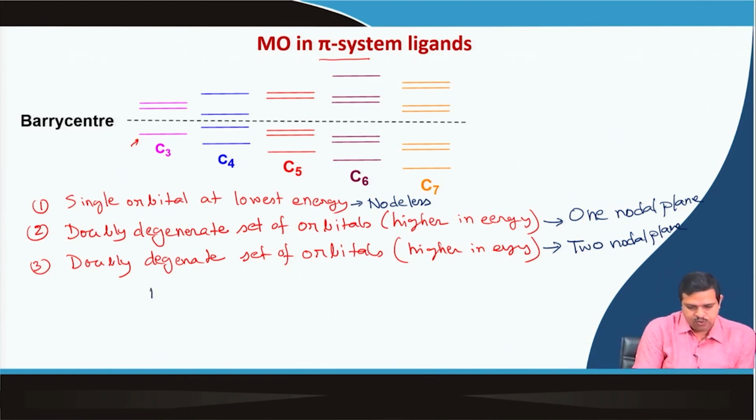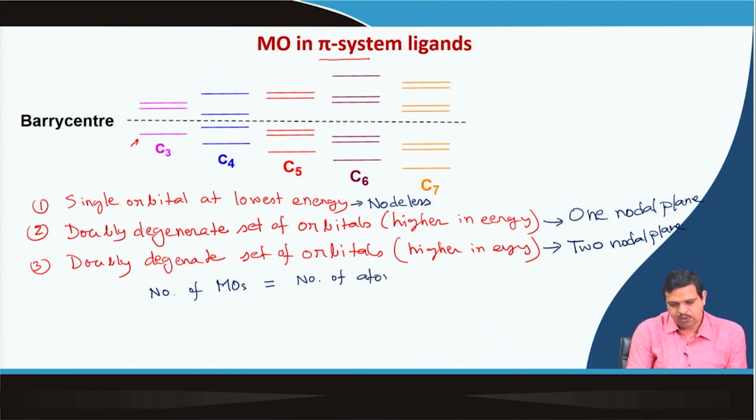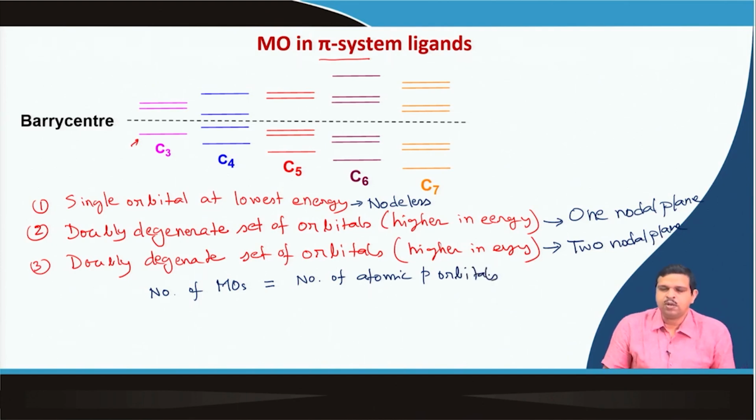So the number of molecular orbitals should be equal to the number of atomic p orbitals involved in the pi